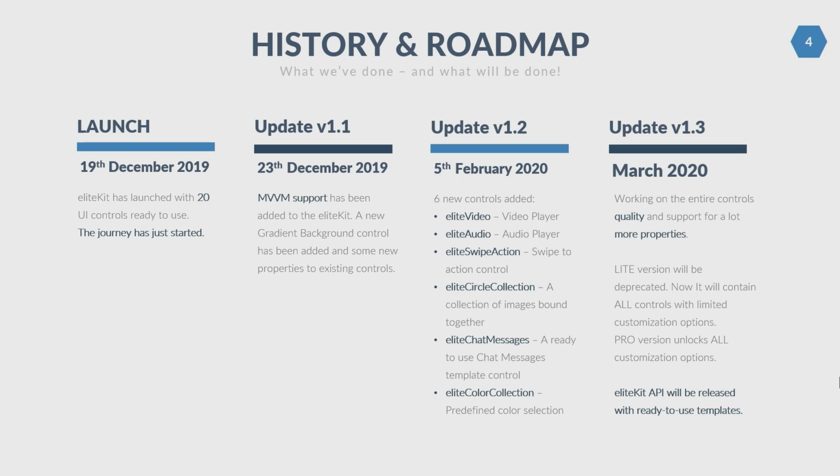So everybody can download the Elite Kit for free, but with restricted properties. To unlock those restricted properties, you might have to purchase a Pro license. So everybody can get a taste of our controls and try them and feel free to check if it benefits their requirements. And the last point for the latest update in March is the API